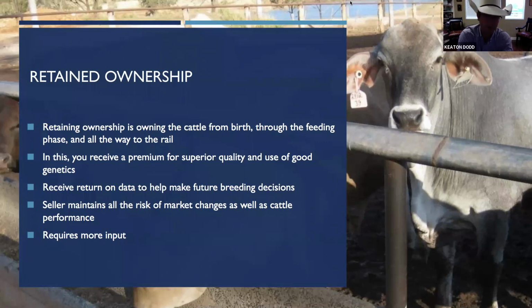The problem is in this situation, you are running the risk and you will inherit any kind of risk that is associated with those cattle underperforming in terms of carcass quality and how they run on the rail. The other thing is you will receive all of the risk relating to market changes and you will have increased inputs. And so at the end of the day, you can make much more profit when you retain ownership, but you are also setting yourself up in a situation where you could potentially have more loss. So that's something to weigh out and consider before you make decisions on feeding cattle